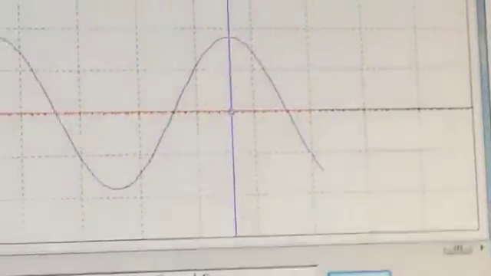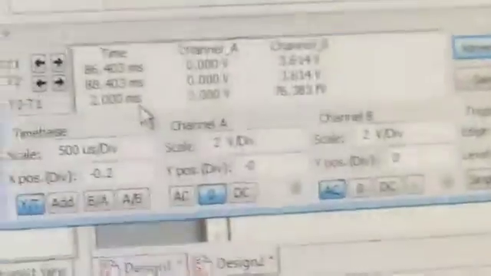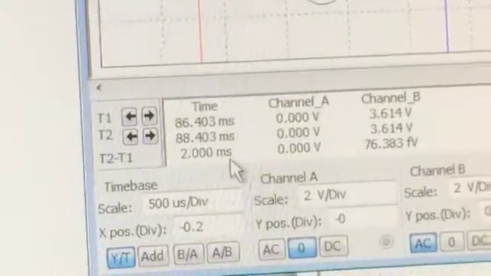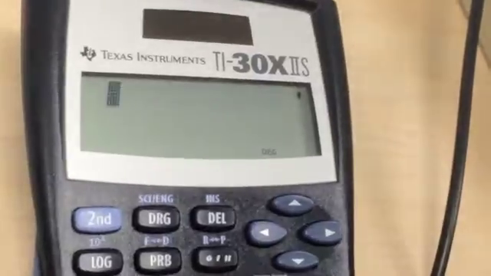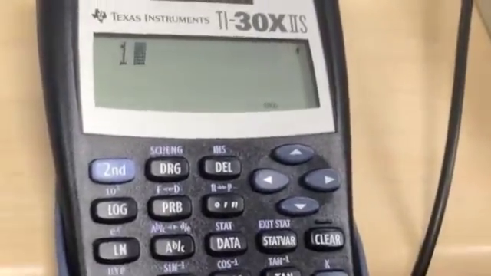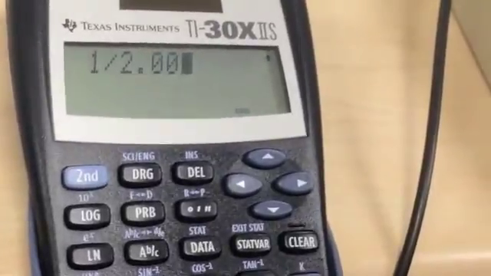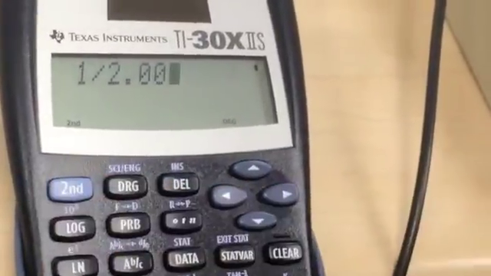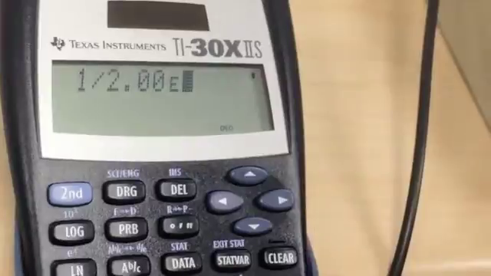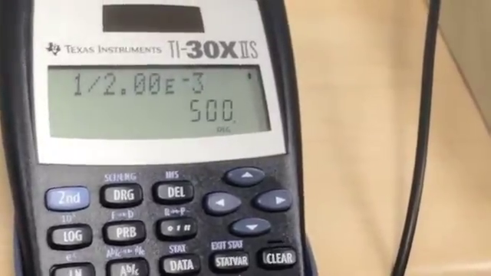The period is 2.00 milliseconds. We're now going to measure the frequency. We're going to take 1 divided by 2.00 milliseconds, which is e to the negative 3, and that gives us 500 hertz, which is what our